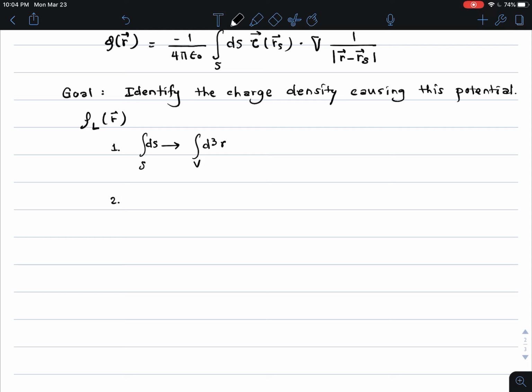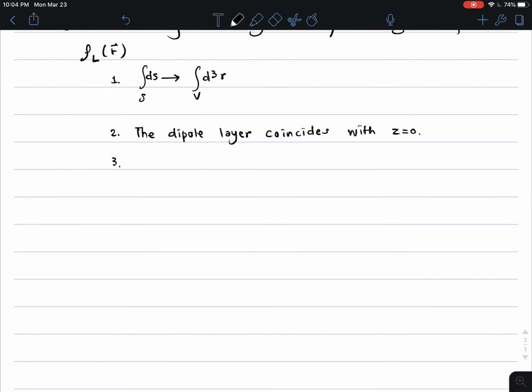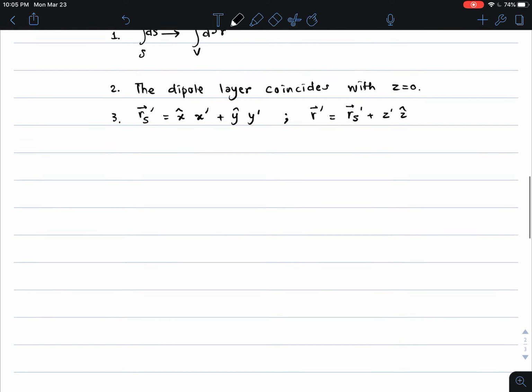The second input is that the dipole layer coincides with z equal to 0, and to realize this special connection with z equal to 0, the surface points are going to be only along the x direction and y direction, and the source vector r is going to be rs prime plus z prime z